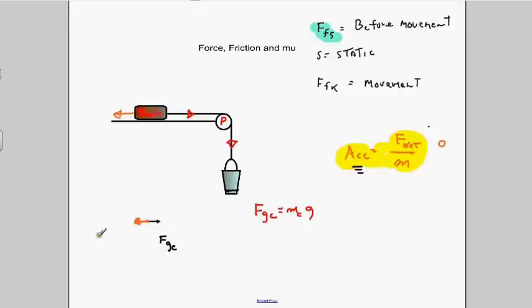Okay, and when I say equals, it says that this force that we're going to call force of friction static in the minus direction equals the force of gravity in the cup, which is positive, and the net result is 0. And because it's 0, there is no acceleration. Okay, to kind of summarize, what I then said is, all right,